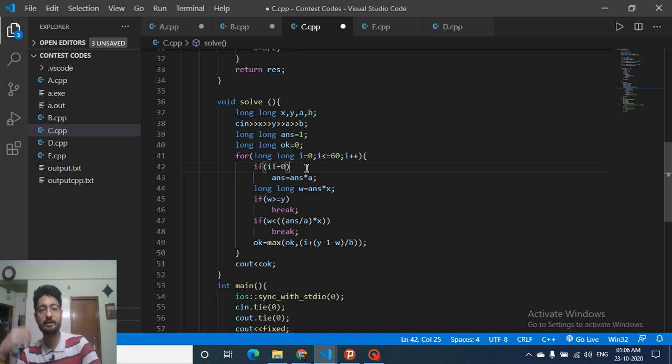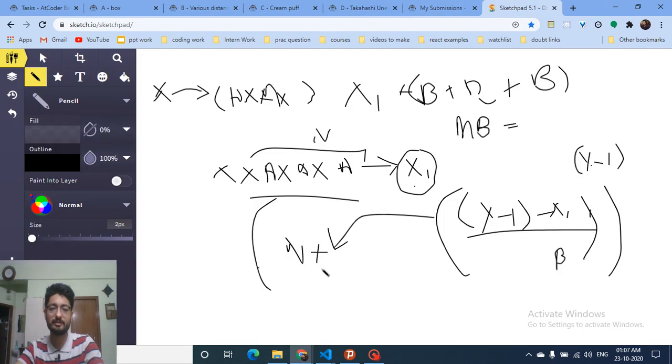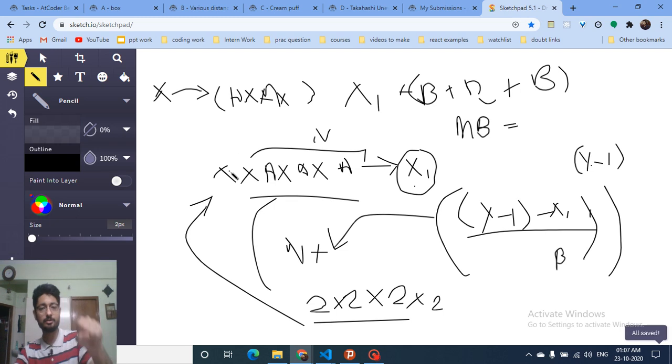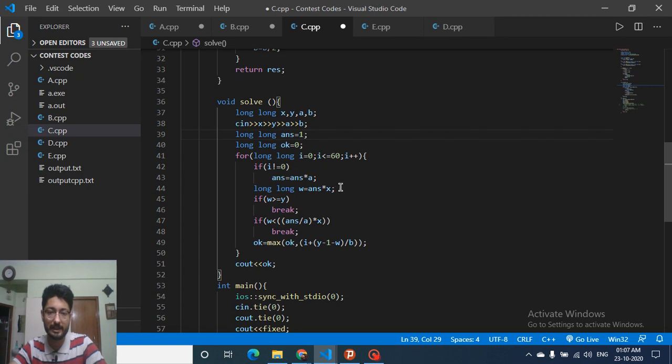I could either do the multiplication from scratch every time, for 2 multiplications, 3 multiplications, 4 multiplications, and that is also within bounds. But I have actually taken a variable. What I have done here is store this value, because at the first time I will multiply by a, the second time I will multiply a a, next time a a a. So I just store this value, and next time I will use this previous value, multiply it by a, and use it with x. Because I have to take the x value, multiply it with this value, and then I get x1, and from x1 I will reach y1. That's how I get the new x1. This is w, which is x1.